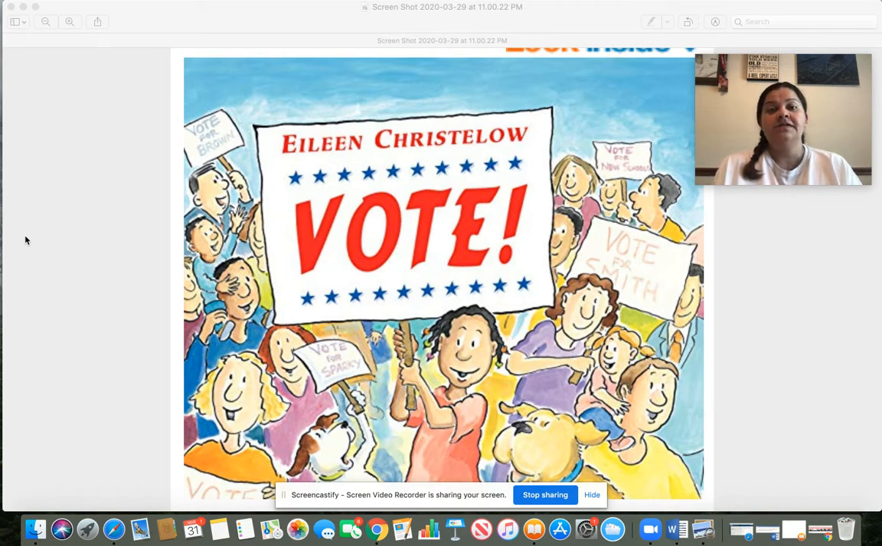Citizenship. I have fifth grade, and my topic is Founding Fathers. The resource I chose to use today is a book called Vote by Eileen Christolow. She is also the illustrator, which means she drew the pictures. I'm going to share with you the first page,